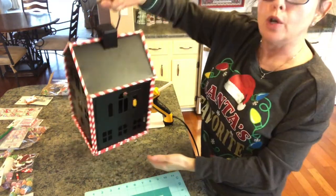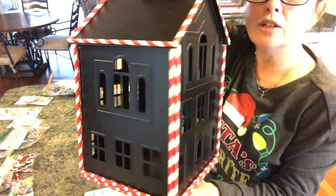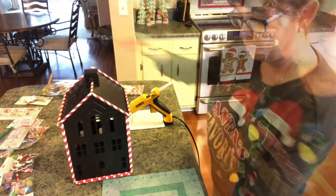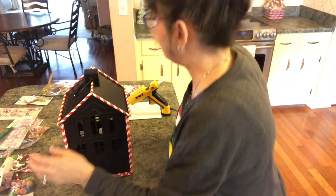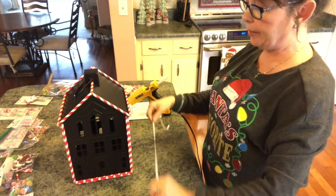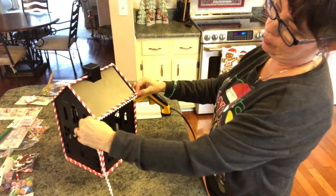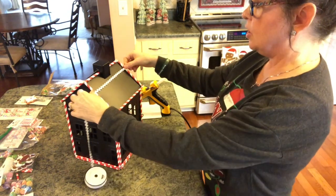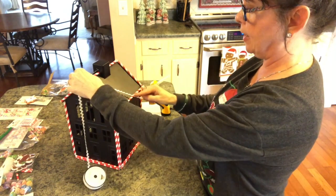Okay, so here you go. That is what we have. And it looks like it's really just candy in there, and it isn't. It won't ruin. So now, what we're going to do, I'm pretty sure, is take this. I wish I had larger, and you could put this. If you had larger, it would be really cute to hang it down like snow. I know it's hard to see. So I may wait and see if I can find some, but I'm going to put this, I think,